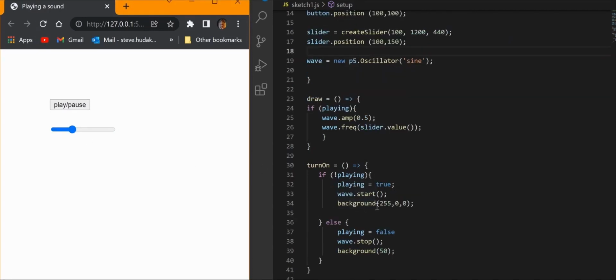What else has changed? The only other thing that's changed is that I've simplified it so that there's no else statement in the draw. So now it's just if playing. And I've moved the background into the turn on function. So now it will only turn red when you click it, and it will turn black when you click it again. Well, it turns red if the frequency is off. If the frequency is off and you click the button, it will then turn red and turn the frequency on. And if the frequency is on, in the else statement, and you click it, it will then make the background